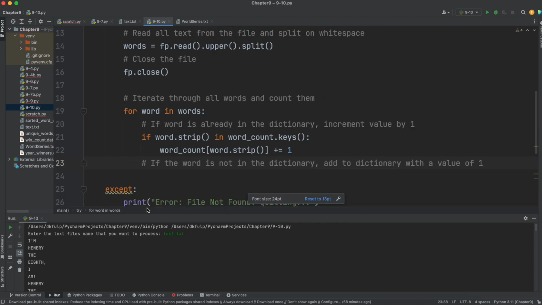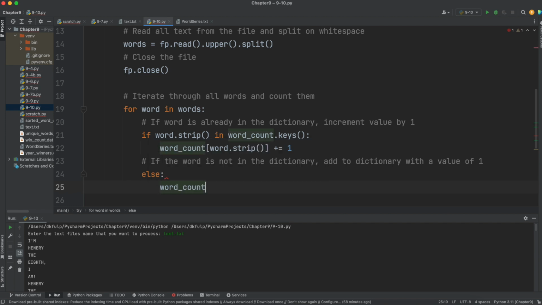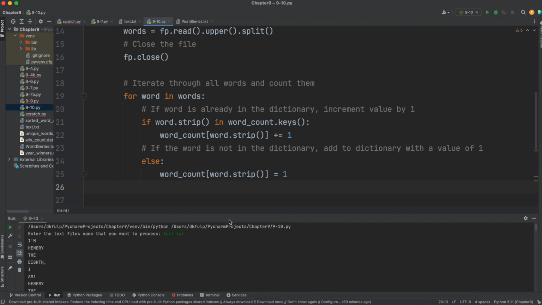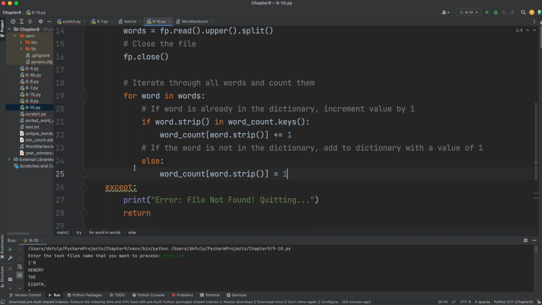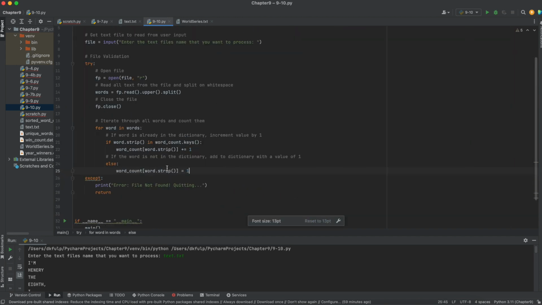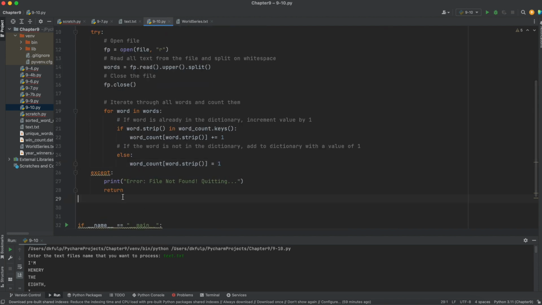Zoom out just a little bit more here again. Make sure everything's on the same page. All right, so if it's not in there, we're going to go ahead and do else. And we'll do word count of word.strip equals 1. Okay, so after this, we now have our dictionary of words. We should also have our counts here. So if I come down here, let's zoom out just a little bit more. A little too much there. We'll bring it here. And we'll go ahead and do print word count. Okay. So if I run that now,